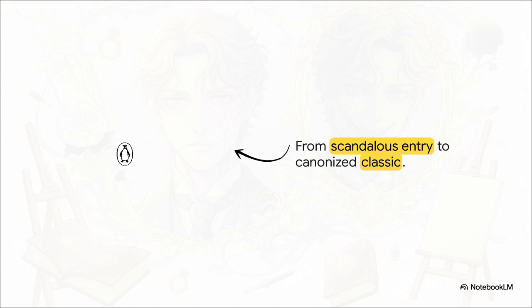Because this work evolved a lot. It didn't start as the canonized, safe little paperback classic that we study today. No way. It was first published in July 1890 as a lead story in Lippincott's Monthly Magazine, and it caused absolute outrage. I'm talking reviewers literally calling it a poisonous book fit only for the criminal investigation department. So to survive the hostile press, Wilde heavily revised and expanded it into the 1891 novel that we know now. Keep that evolution in mind. It's a super critical tool for your analysis.